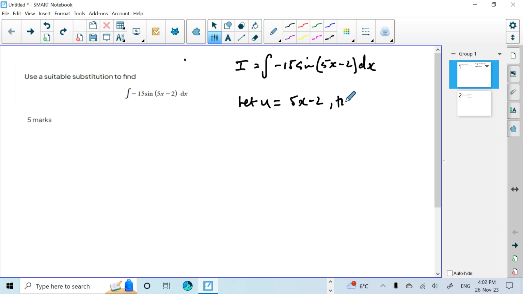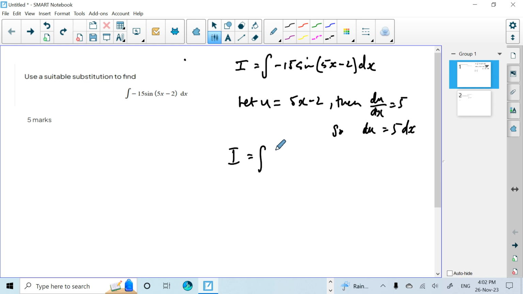and then we can say that du dx is equal to 5. So that tells us du is equal to 5 dx. Better move this out of the way, so we can create some more space. 5 dx, here we go. Good. And if we follow on from that, our integration then, I is equal to the integral of minus